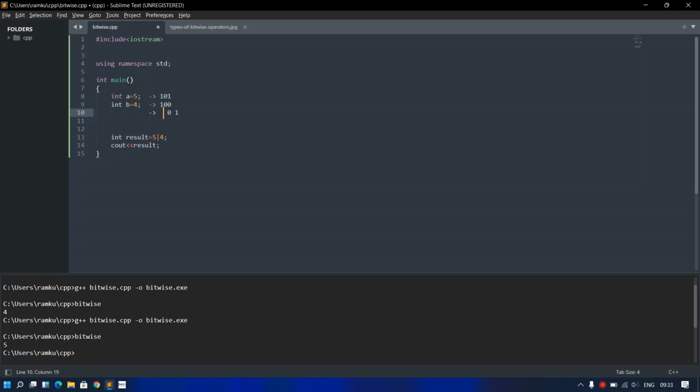So you can see this is 4 plus 1, that is 5, the binary value of 5. So it is outputting 5.